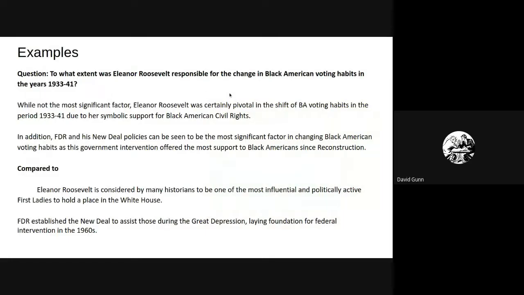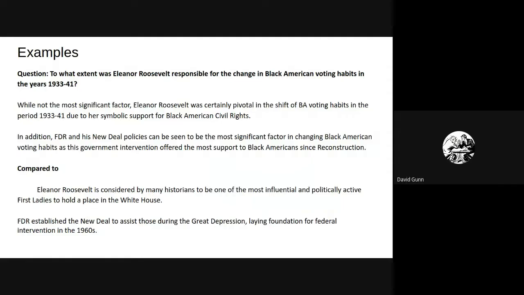So if the question is, this is a civil rights essay, to what extent was Eleanor Roosevelt responsible for the change in Black American voting habits in the years 1933 to 41? Okay, so you've obviously done your introduction, and so your first paragraph is going to be on Eleanor Roosevelt. And you should have put your argument in the introduction. So say for your argument, actually overall it's FDR and the New Deal. It's not Eleanor Roosevelt. A point that you can make at the start of the Eleanor Roosevelt paragraph is like